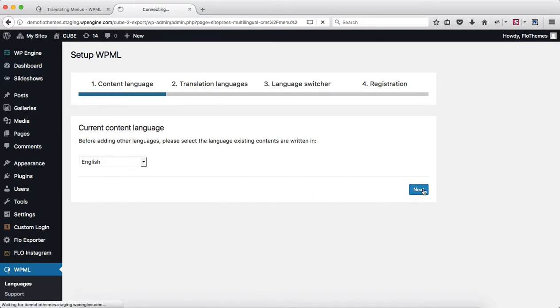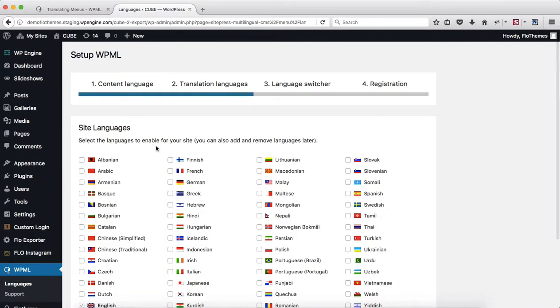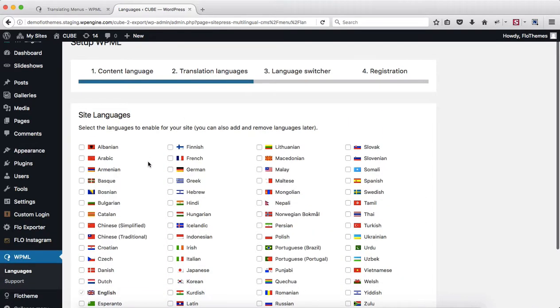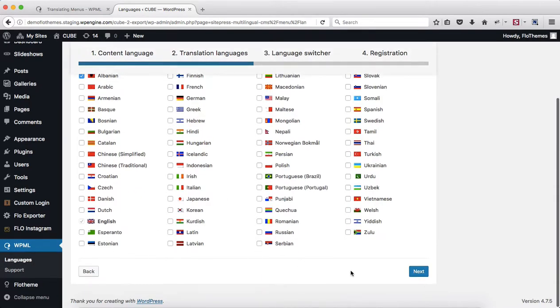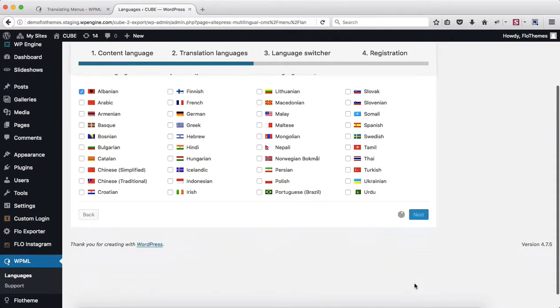Then go ahead, click on Next to Translation Languages, and in the following section we need to choose the language that we want to add as a second or third language for our site. So I'll just go ahead and select Albanian. I don't speak any of the following languages, so Albanian will be my preferred language at this point. I'll go ahead, click on Next,